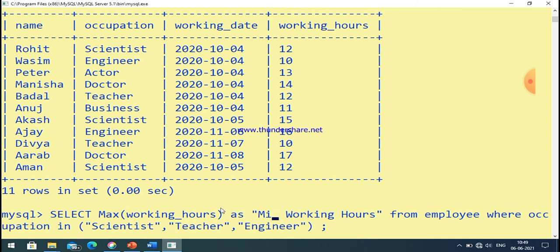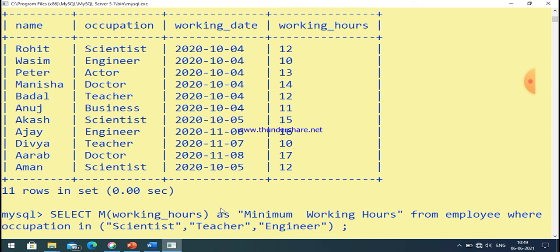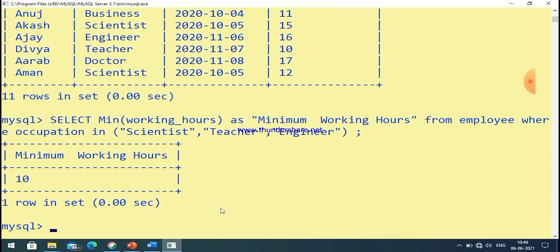If we want to find out the minimum value, then it can also be calculated like that. In place of max, you can just write the min function. You can also change the name of the column. You can easily see here that the minimum working hours among scientists, teachers and engineers is 10.